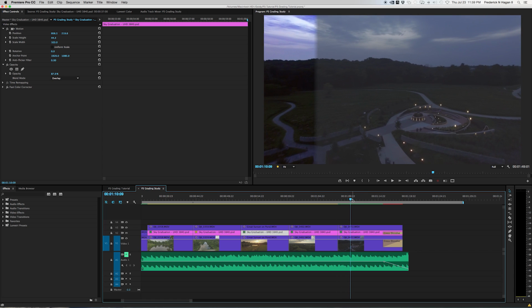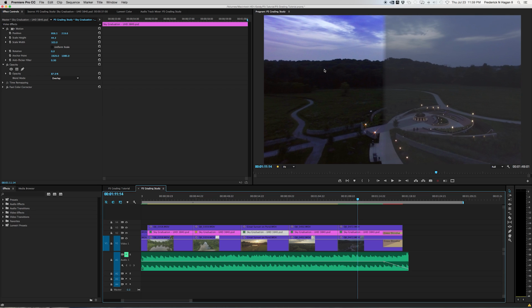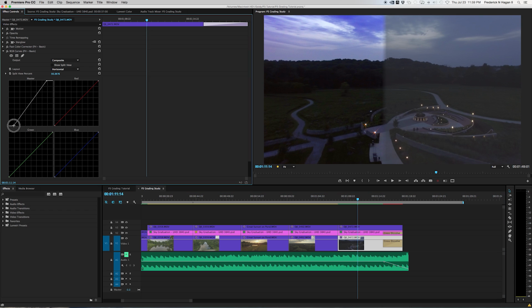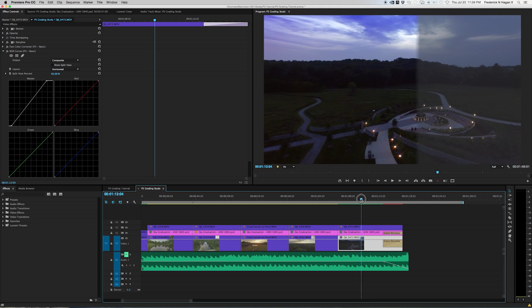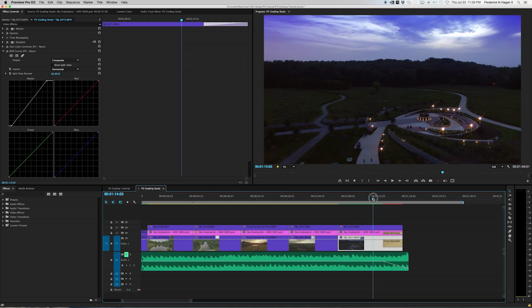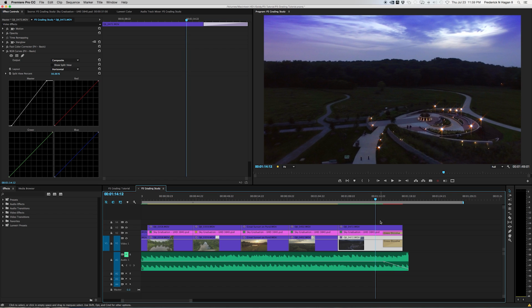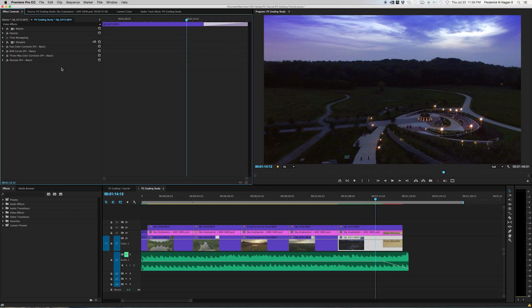So the trick with dark shots is let them be dark. Don't try to turn them into something that they're not. Keep them dark. And so what I've done is I've gone on and just pushed those darker areas and let them be dark shadows and almost crushed in here with the blacks. And you see over here with the RGB curves on the bottom end, I didn't have to push too much. I mean, it's a dark shot, so just a little bit to give it a little bit more contrast. Same with the graduation on the sky, just to pump up those colors a little bit. And of course I've kind of cheated here because it was a pretty bland shot, so I've cheated a little bit by using